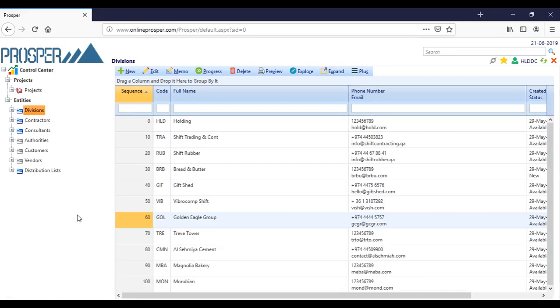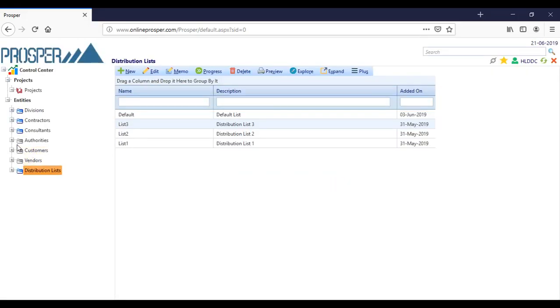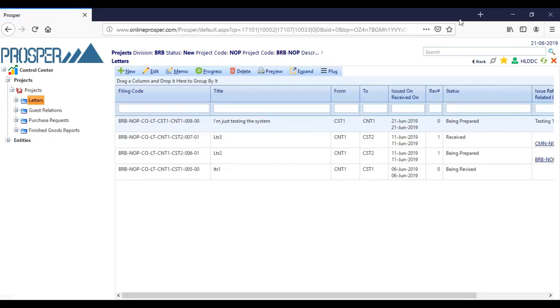I'm here in divisions, for example. If I go at any time and I'm looking for a document, I am under distribution lists, I am under another project. It doesn't matter where you are in Prosper. There's always the search button here, where you can come here. Let me copy that, the doc 010003. This is the unique identifier for that document. When I say look for it, it took me to that document under this project,